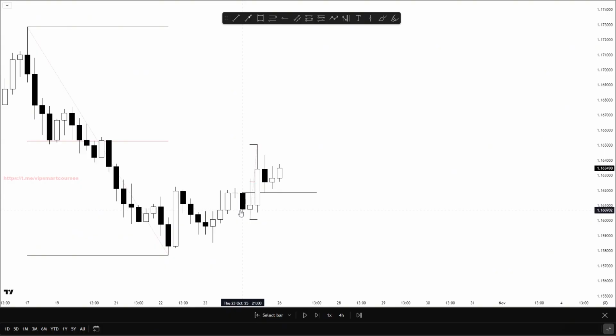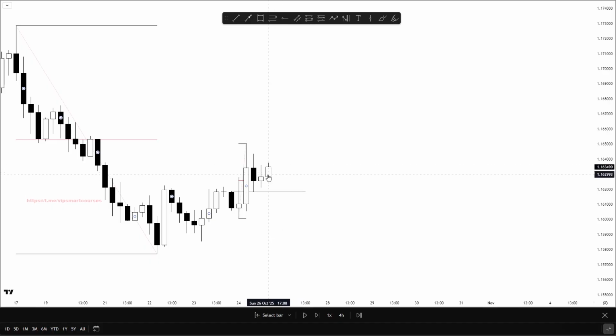So this is a discount order block within this dealing range, and it is aligned with the direction of the higher time frame directional bias. This is a bullish order block. Obviously I don't trade during these times because these are not key times. I'll first wait for the London Open kill zone, and during that time I'll wait for price to approach this key level. I'll move forward now,